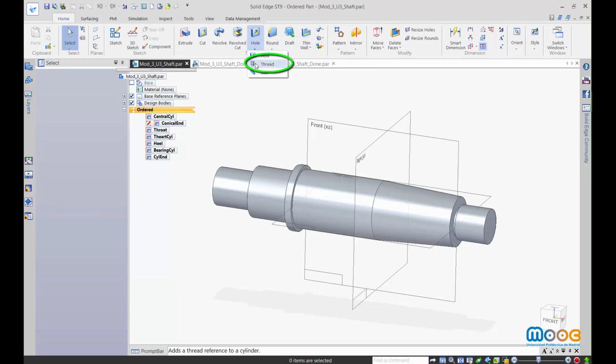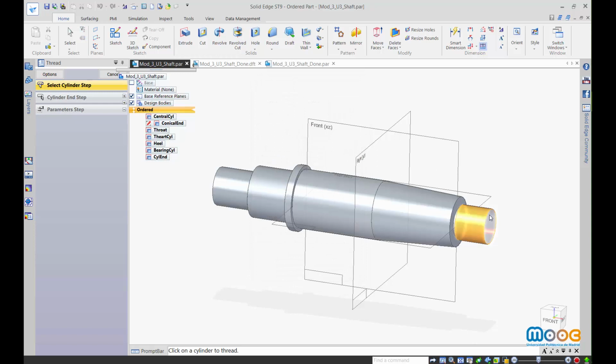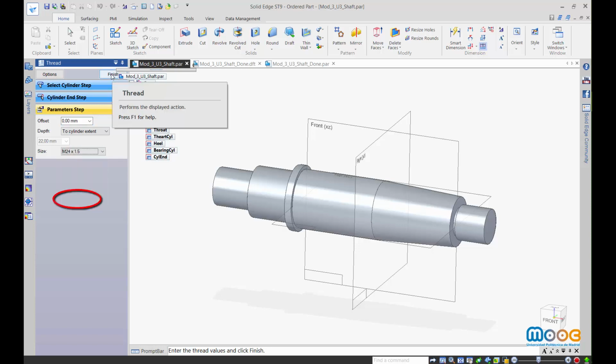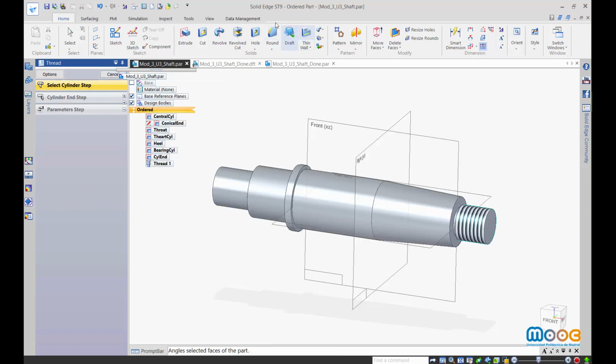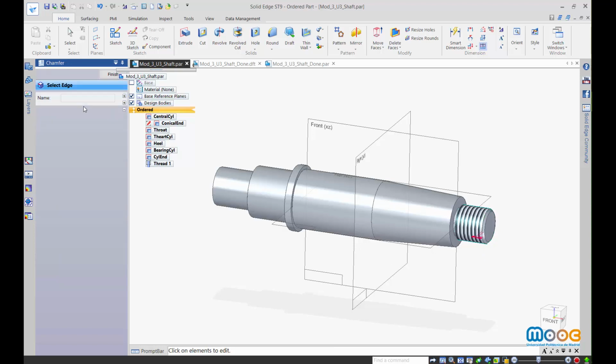Well, the first thing we are going to do is a thread at the end of the shaft. We select the cylinder, select the end of the cylinder from which the thread begins, and the type of thread. We are going to make a chamfer that normally is not dimensioned in the draft, that depends on the manufacturer of the thread. Well, we are going to choose 1.5 millimeters of chamfer. We change to a more reliable name, both for thread and chamfer.